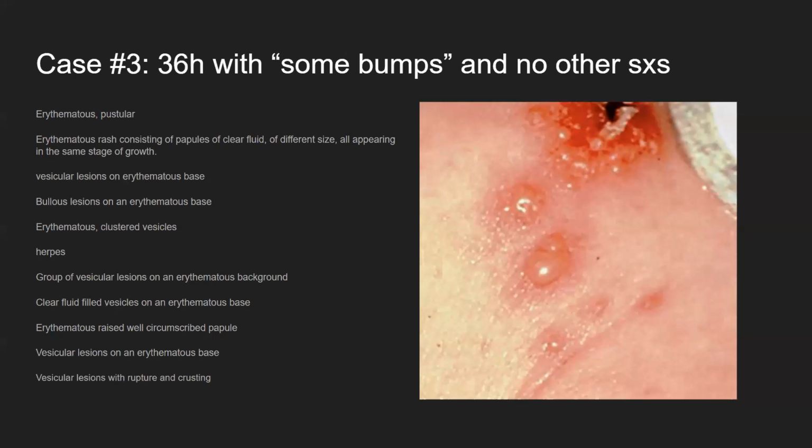All right, so this is what y'all had put for that one. I think that pretty much everybody put vesicles. We've got some people saying pustule or bullous. For how zoomed in the image was, I could definitely see saying bullous if you were like, well, I don't know if that's 5 centimeters or 5 millimeters. And